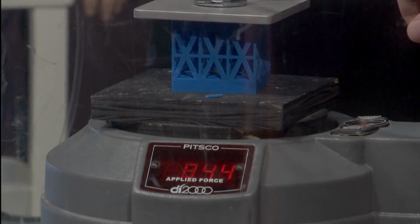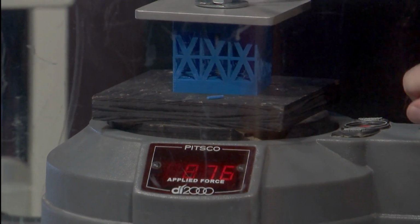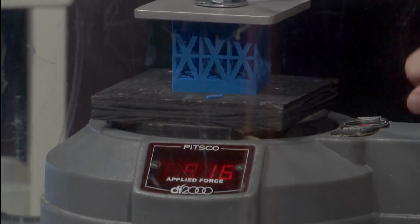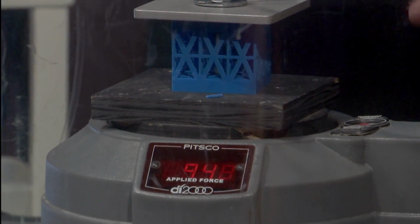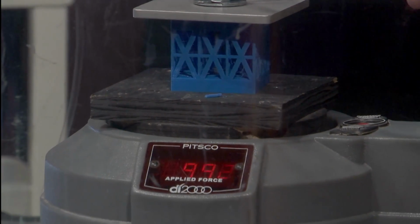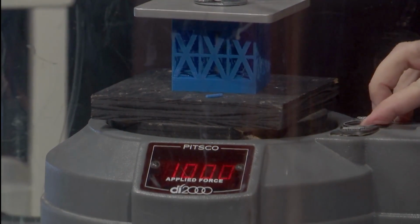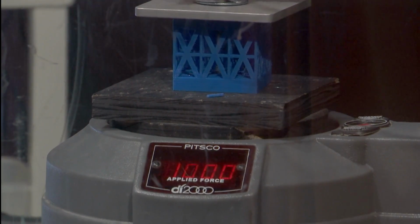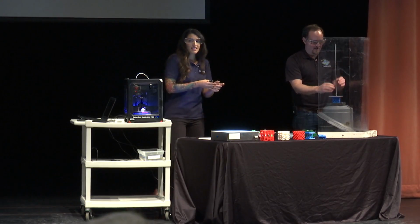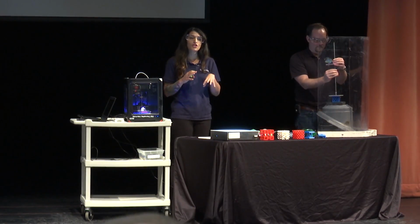Yeah. And I don't know if I'm going to max this out. Am I maxing this out? 900. Yep, here we go. This goes to 1,000. If it gets to 1,000, we're going to stop, okay? Because that's as far as it goes. There it is. Okay. So not only was that the strongest design of this section, but we actually chose some different designs for the first section,